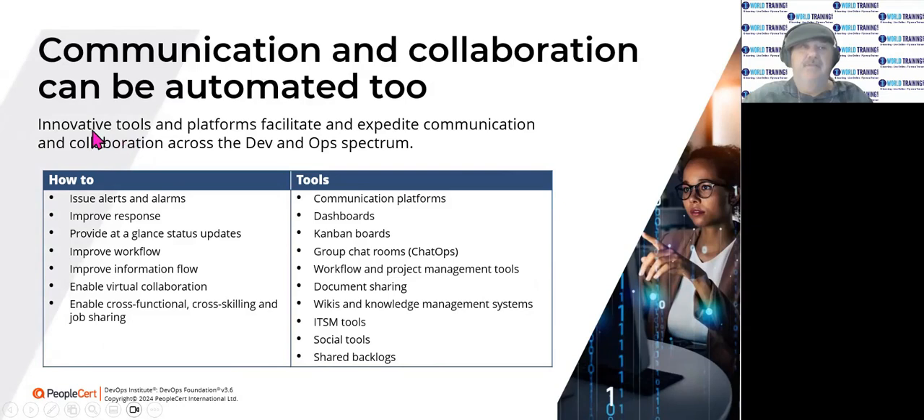Communication is also something that needs to be automated. Platforms can facilitate and expedite communication and collaboration across all the different team players, Dev and Ops, for example, QA, security, for example, issuing alerts and alarms through communication platforms, improving response by serving up data in real time on dashboards, providing at-a-glance status updates, things like Kanban boards, improving workflow through ChatOps, for example, automating workflows, improving information flow